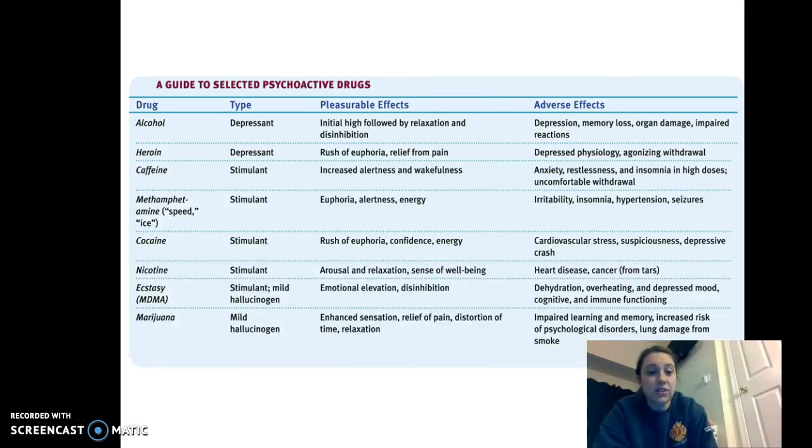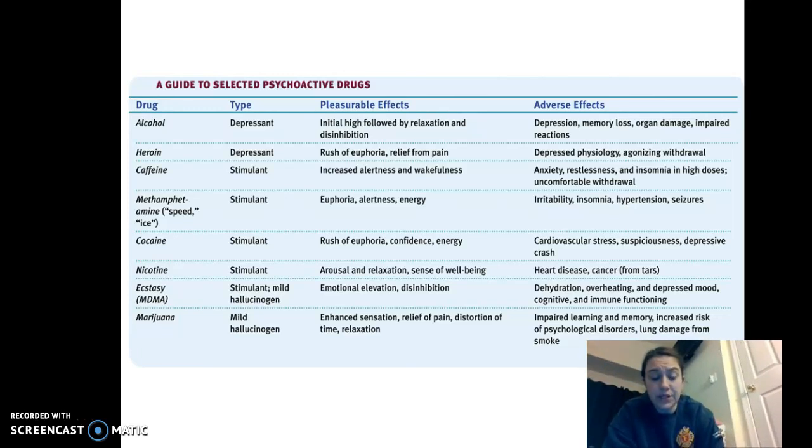Here is a nice little chart that gives you all these drugs in the category that they're in. So if I were you, I would pause this video and make sure you have all this stuff in your RT&W. If you don't, go in and get it. Take this down as notes because you do need to know all of these drugs, what category they are, and what they do. Like alcohol, heroin, caffeine, meth,